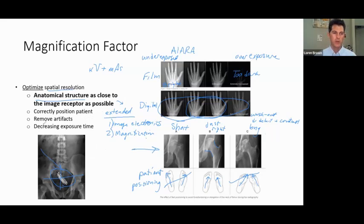And the other thing you can do to help, for optimizing spatial resolution, is you can decrease motion artifact by decreasing the time of the radiograph's exposure. So, there's two elements when setting your mass, and that is MA and time. And so if you can decrease your time and boost your MA in a ratio that gives you the same kind of mass as you might want for the penetration that you're looking for, but keeping the time low is going to help you not get blurry artifacts, especially in the chest,